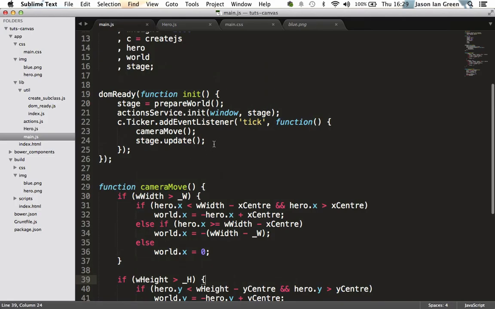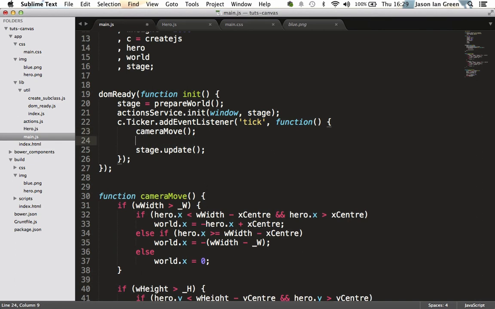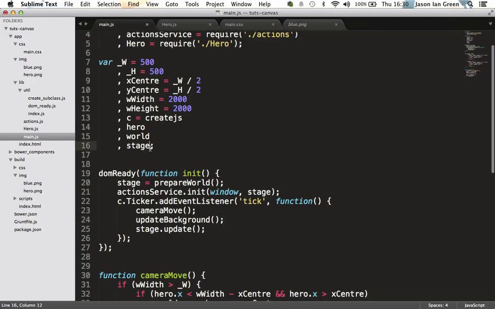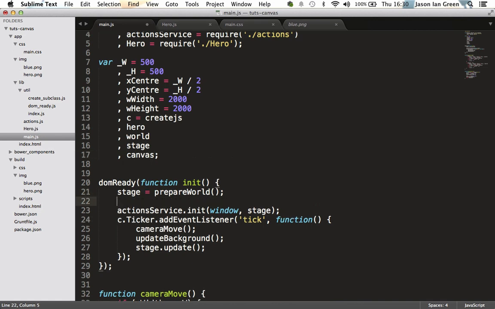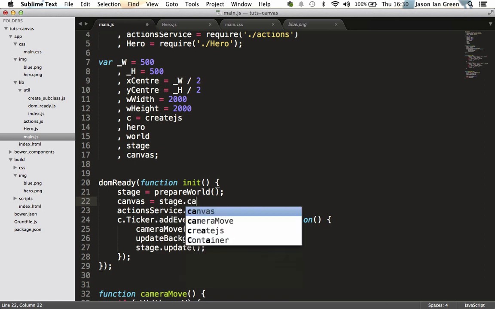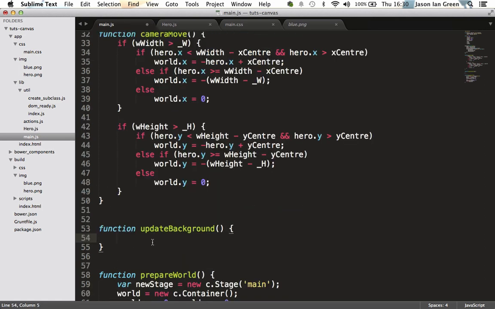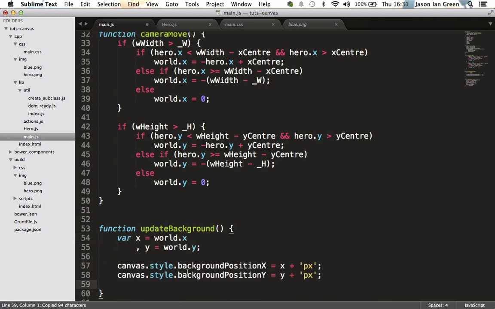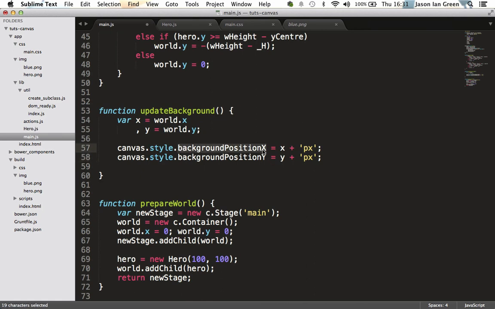In our main.js file, after we've set the camera position, or our world position technically, we can update our background. Once again, we don't need to do anything special with Canvas to change this background. We can actually do it with plain old CSS. We just need to get access to the Canvas element. Let's create a reference here, and then when we get our stage prepared, we'll set canvas equal to stage canvas. Then when we update the background, all we need to do is get our X and Y position of the world and set our